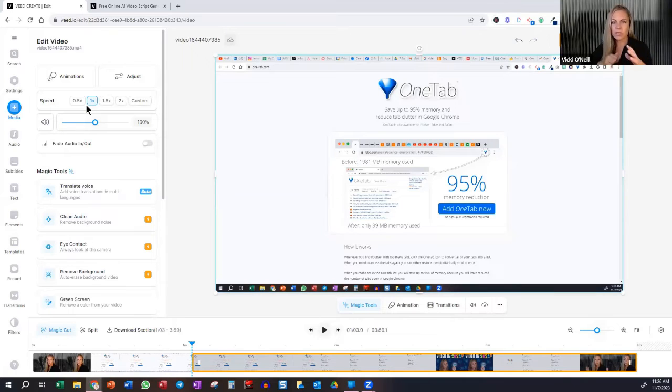So you may have seen some of those where it's kind of like fast and then it slows down. You can do that here. You can mute different clips or change the volume. And then you can also fade the audio in and out, which is really good if you're using a music